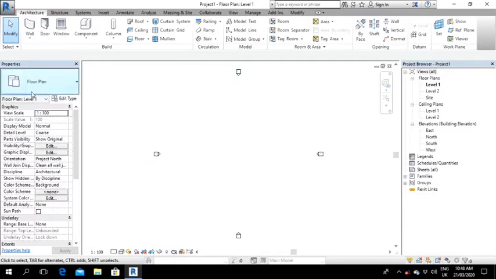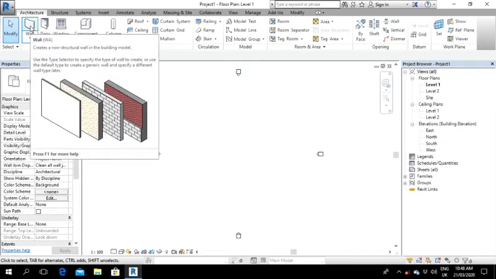Now this is basically what this part of this workspace deals with. It takes care of the properties of all the members. Now let me go ahead and explain all these tools that we use here. The first one is wall. You already know that it's a basic wall, and I'll show you how to select or design your own type